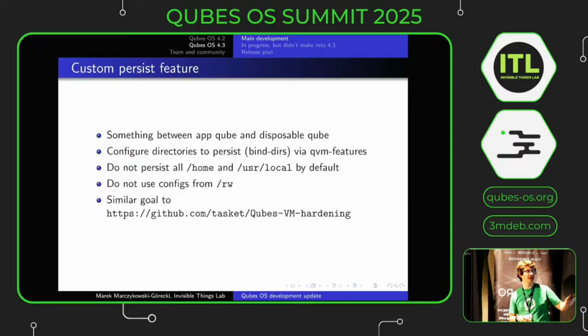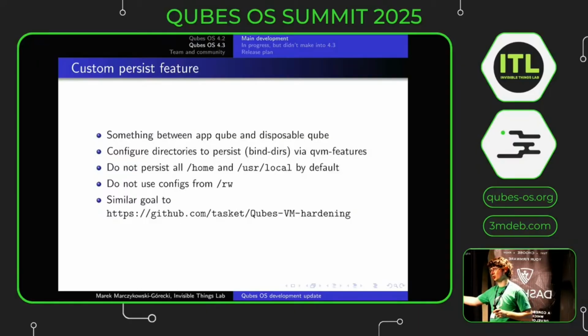So yeah, we added this custom persist feature, and if it's set, you can do it using the QVM feature tool. This disables using /rw for all the implicit configs, so the RC local firewall script, etc. is not used from there anymore, and the only thing that is used are the directories or files you explicitly configure with this custom persist feature to be used from there, or using bind dirs configuration